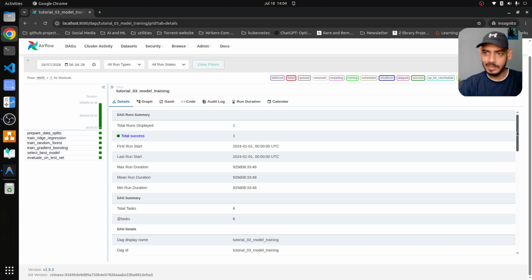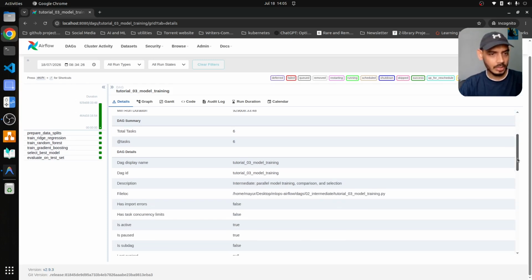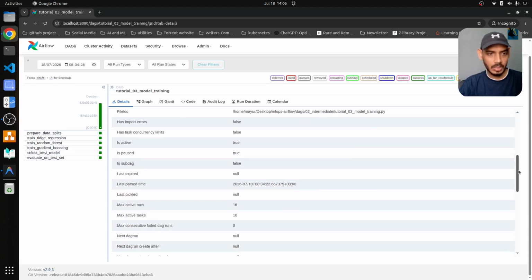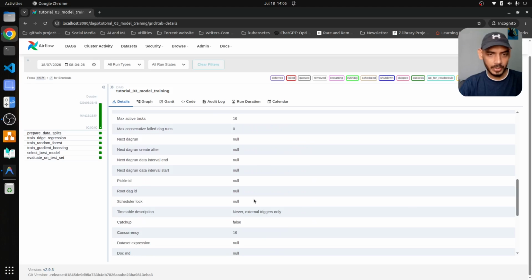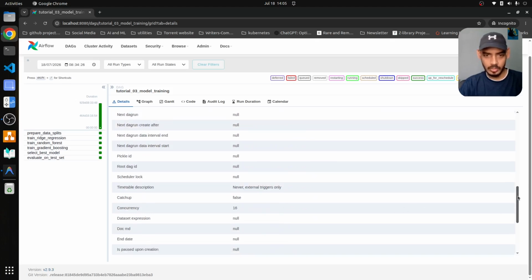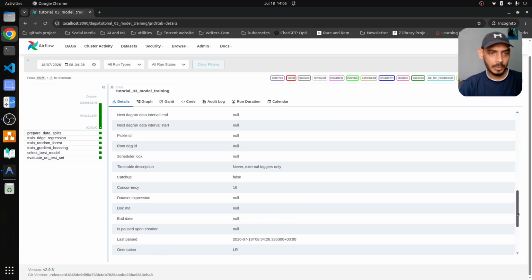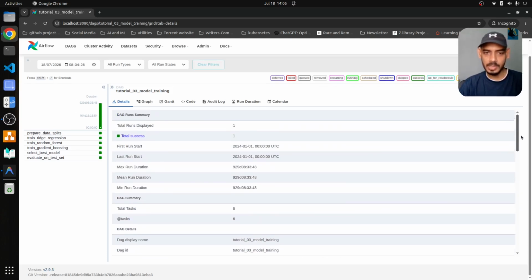Here we can see the details regarding our DAG. This is the first run and last run start, max duration, mean run duration. This is a task 6, total tasks is 6. Then the DAG display name, description, file lock. And then we have pickle ID, which is null. This is the tags that we have set, and this is the start date. So this gives us basic information about everything that we wanted to set as part of the metadata